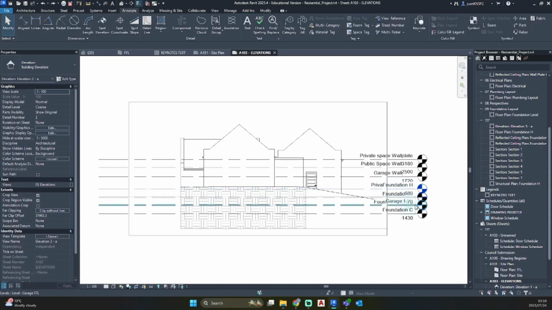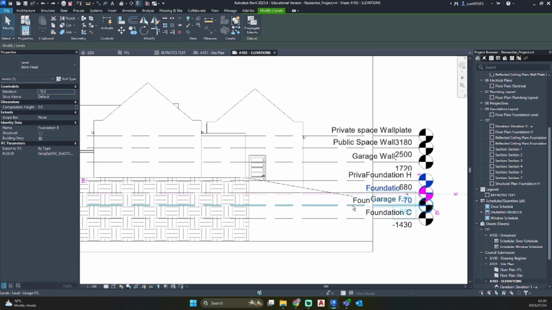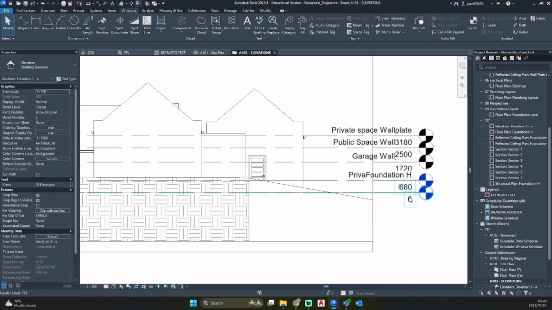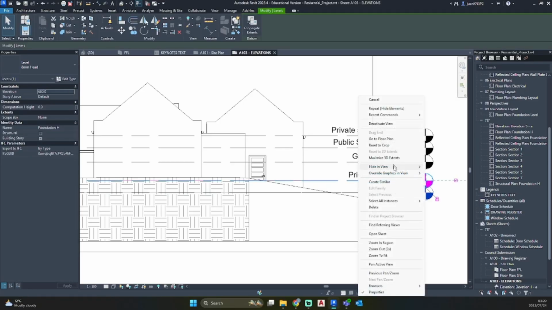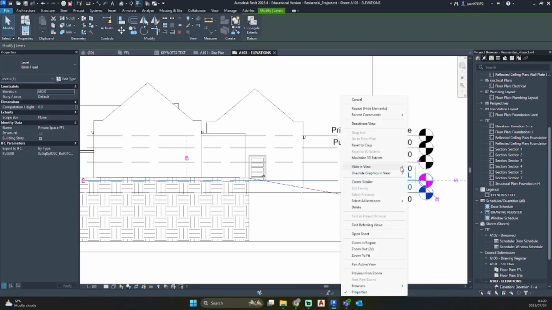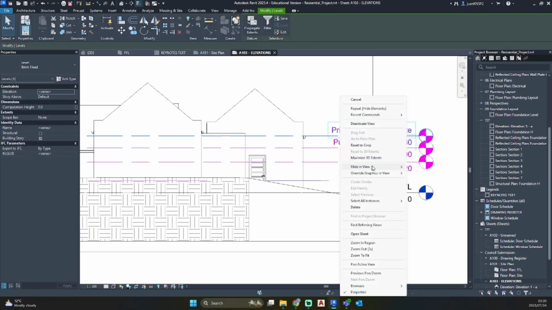I accidentally hit my finish floor level. Make sure that you don't hide your level 0 to give reference to the heights. So these ones I am going to hide as well.